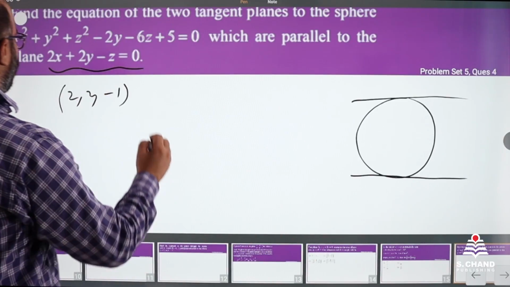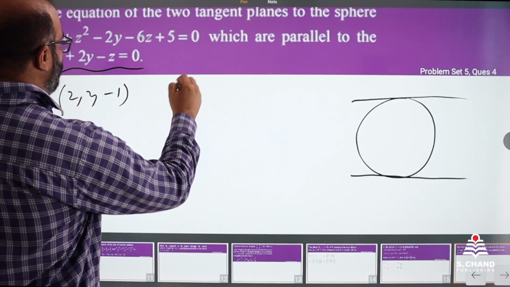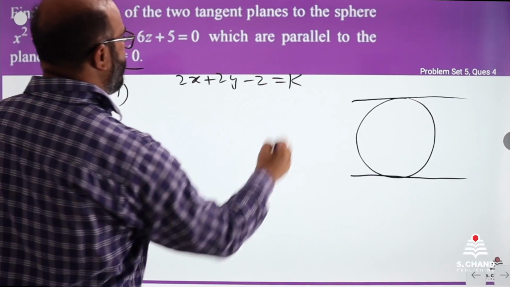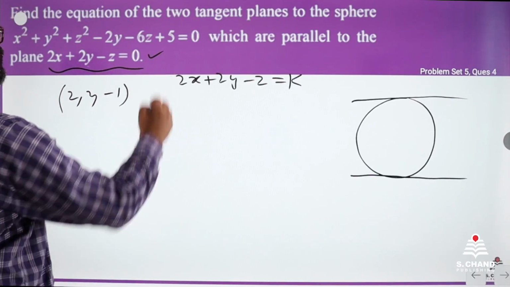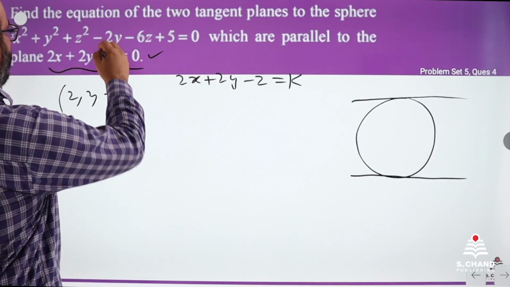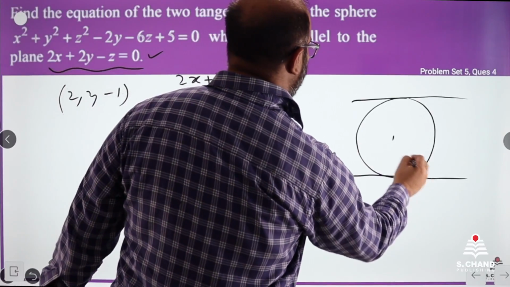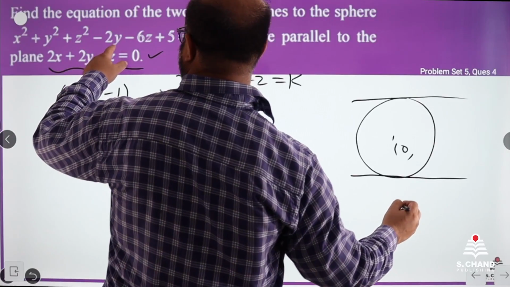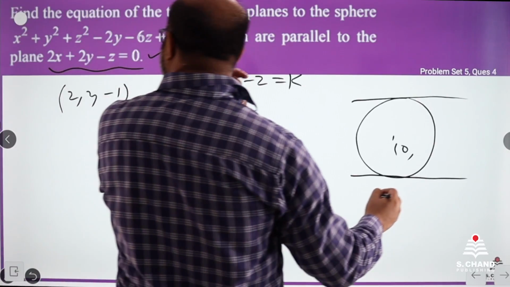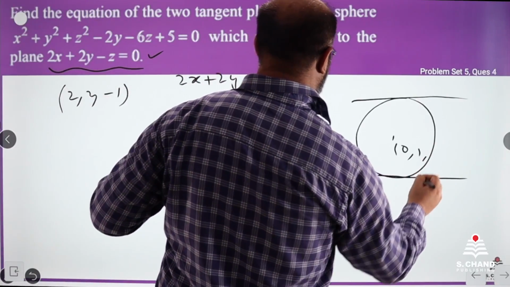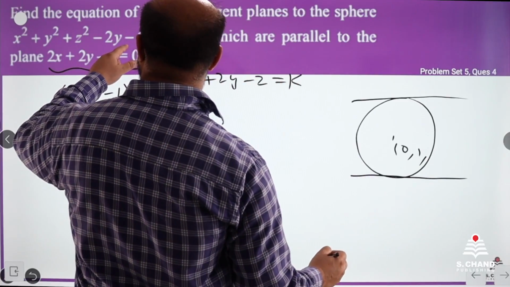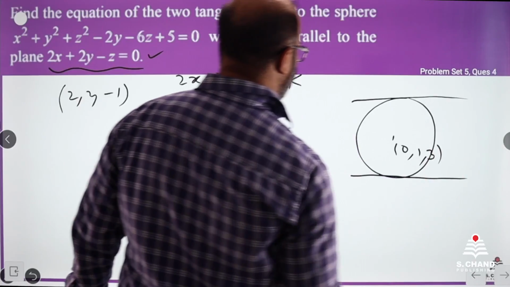So we can take the parallel plane as 2x plus 2y minus z is equal to k, parallel to this. Now the distance from center, so center is minus g, minus f, minus h. So 2f is minus 2, so minus f is 1, and z is h minus 3, so